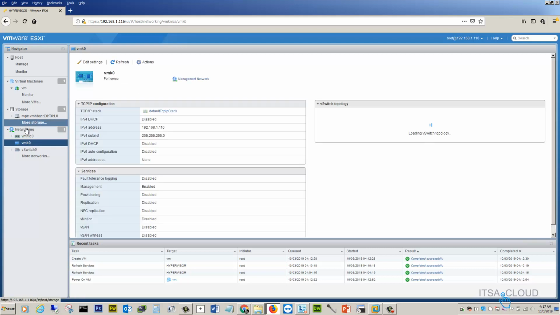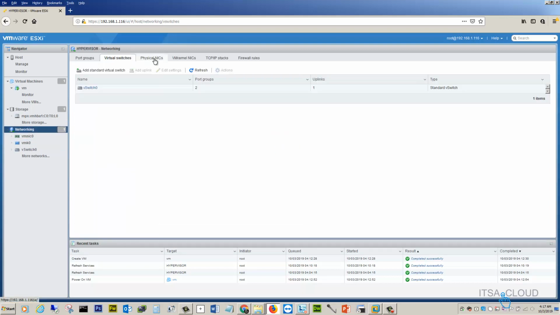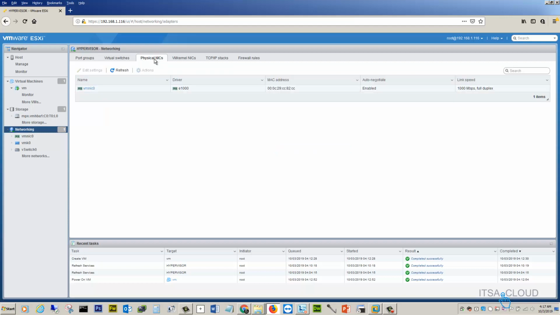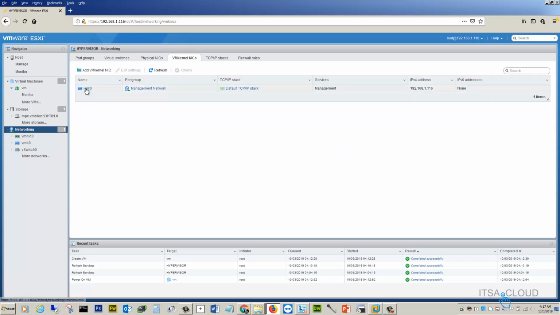Okay, so let me go back. I wanted to show you something else in here. Let's go to the physical NICs. As you can see, we have only one VM kernel. You see, that's what I told you before, like maybe three times, about the VM kernel, which is for the management network, right?